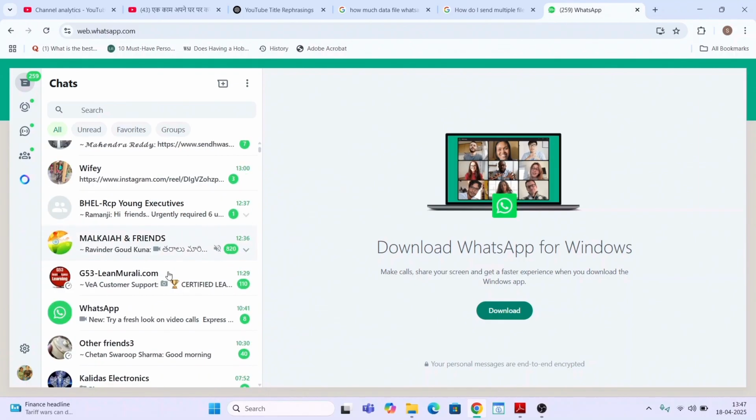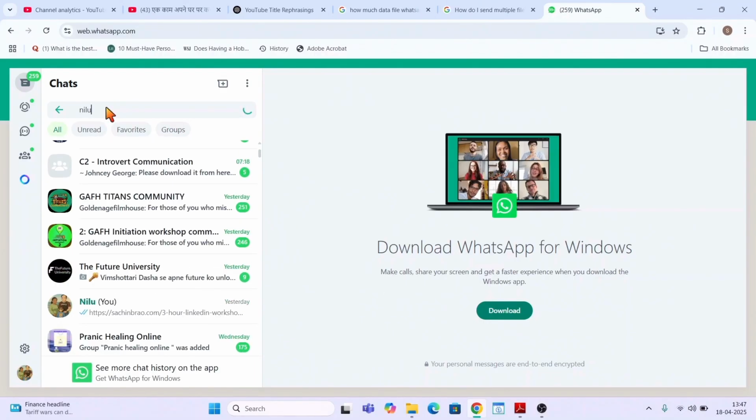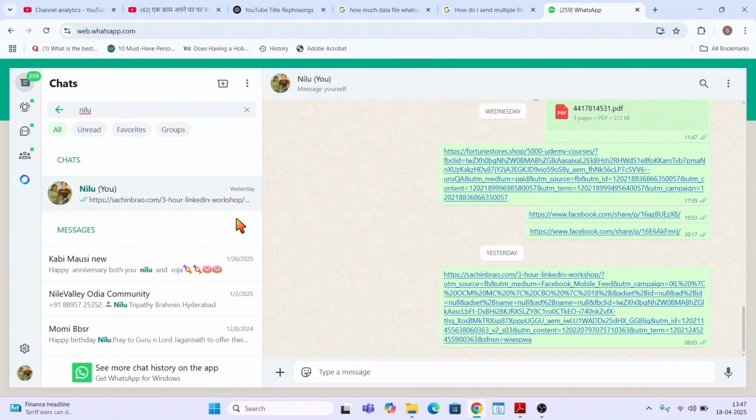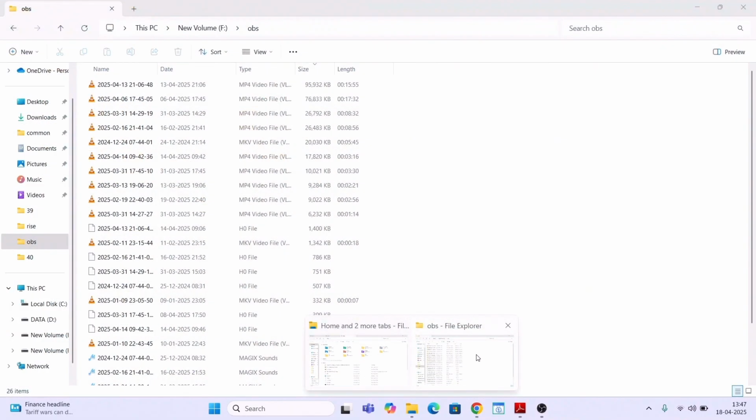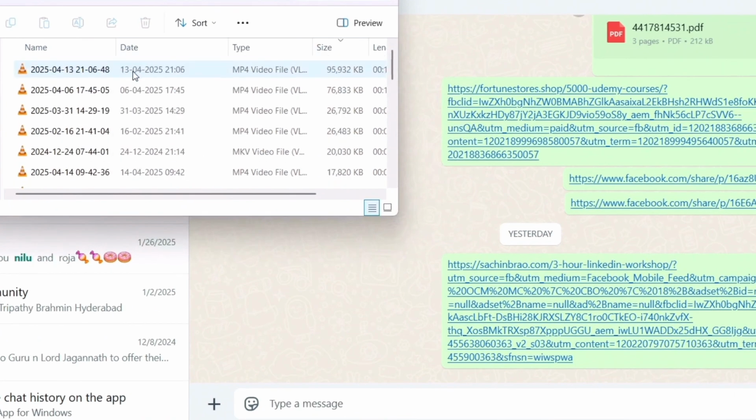So here I'll simply select the person to whom I want to send the message. For example, I'll go for this person. Well, this is me only. So I'll simply go for the files. Here you can see this is a big file of 95 MB. I'll simply click and